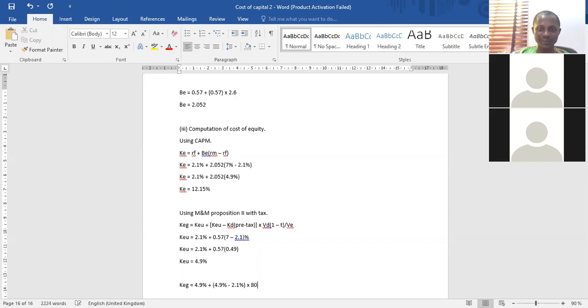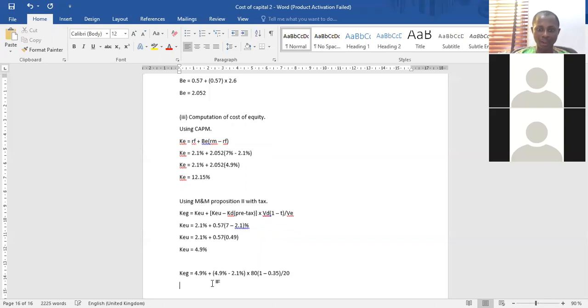Market value of equity of the US subsidiary is 80. 80 times bracket 1 minus 0.35, all over 20. So we have cost of equity geared equal to 4.9% plus 4.9 minus 2.1, which is 2.8%,